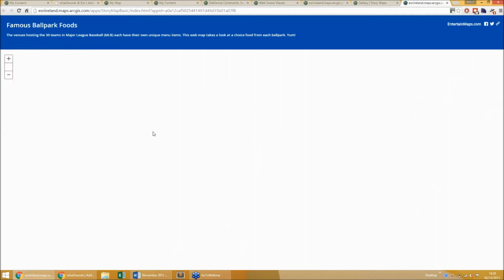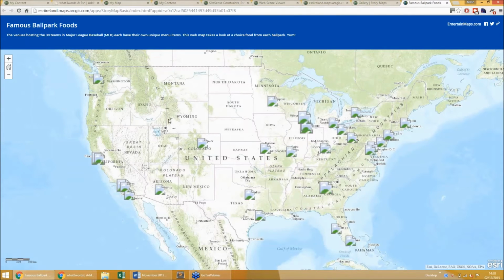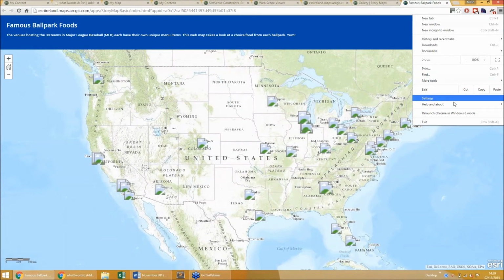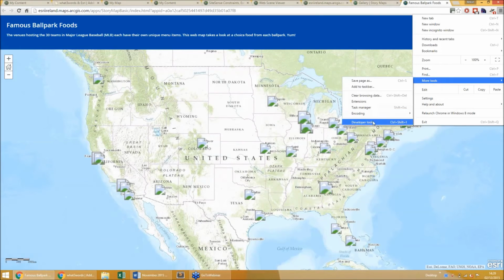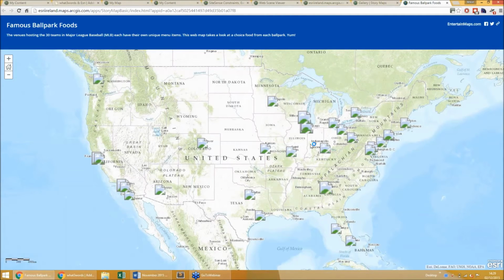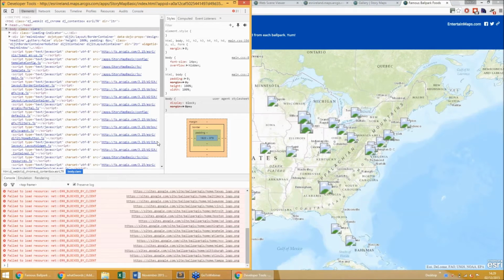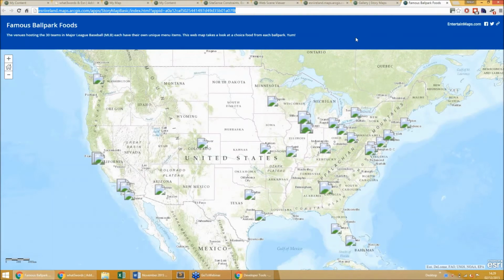And I know there's going to be a web map behind this, but I don't know how to actually find that web map. How can I discover that web map if I want to use some of the stuff within it? And the answer is you just have to open up the developer tools. So if you go into more tools, developer tools, the ArcGIS Online, okay, so just refresh this.